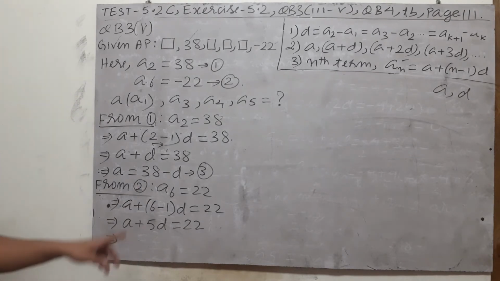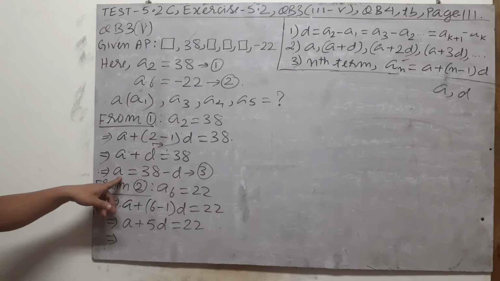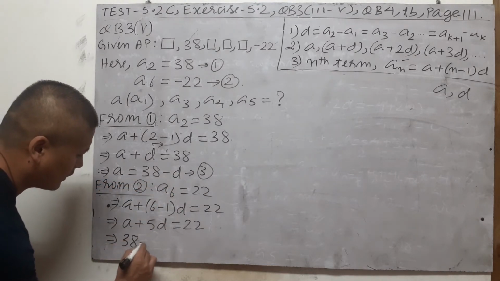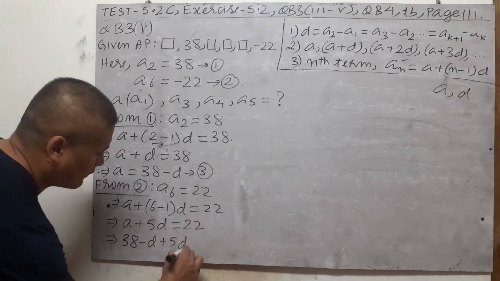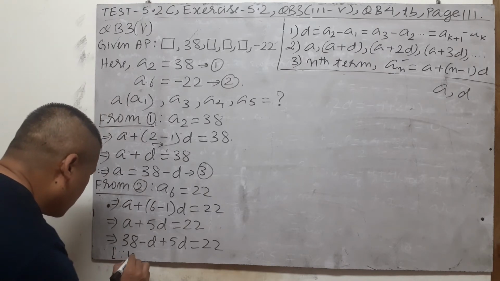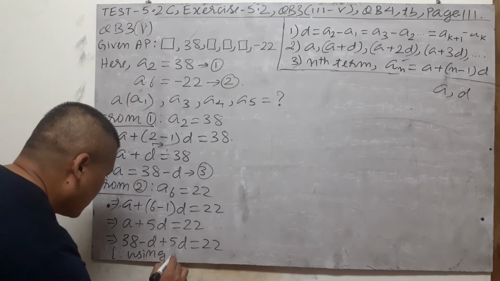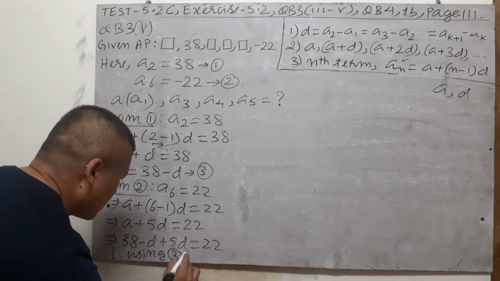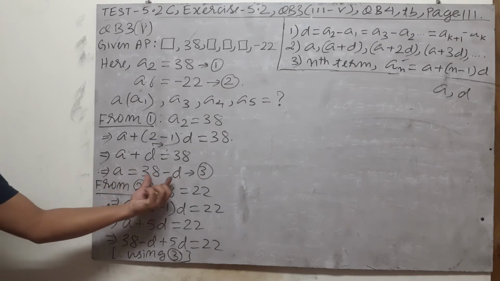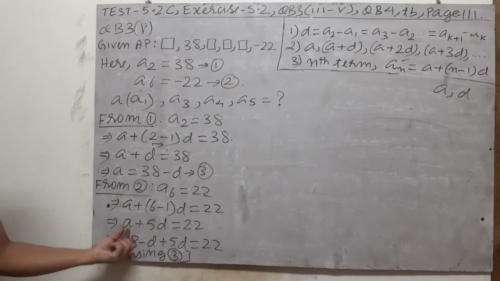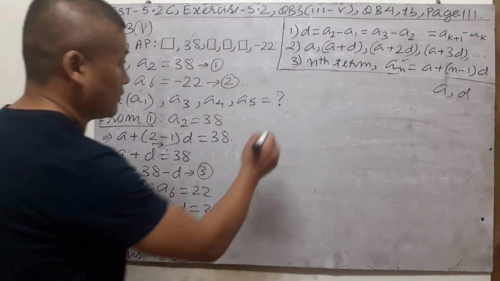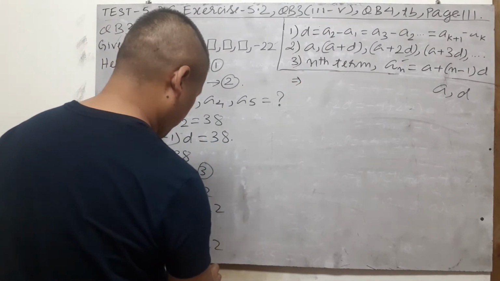Then we can now replace this a value here. A is 38 minus d, so you can replace that a by 38 minus d plus 5d is equal to 22. Using equation number 3, you can see the a value in equation 3 is 38 minus d, so this 38 minus d, which is the value of a, is replacing this a here. So substitution, right? Substituting the value there. So that way, that gives you